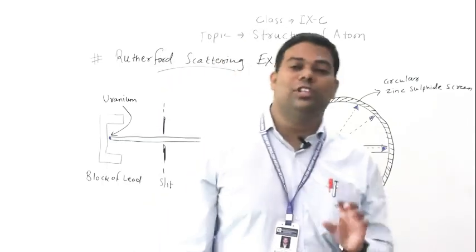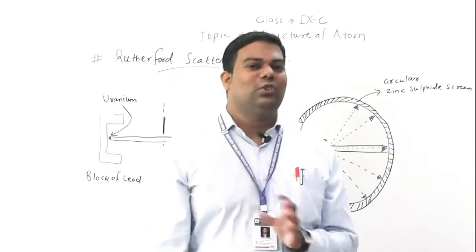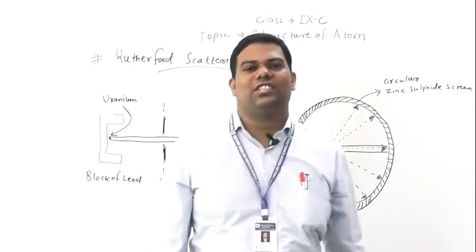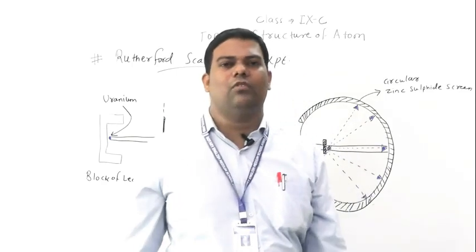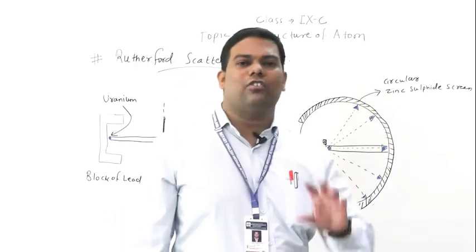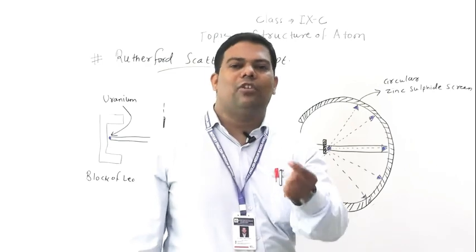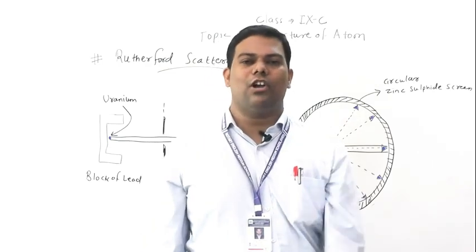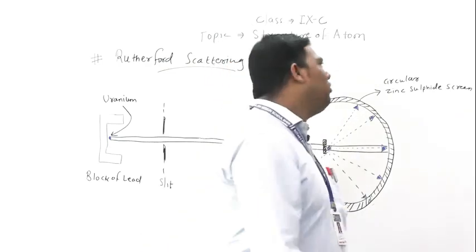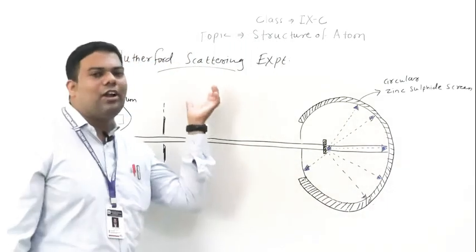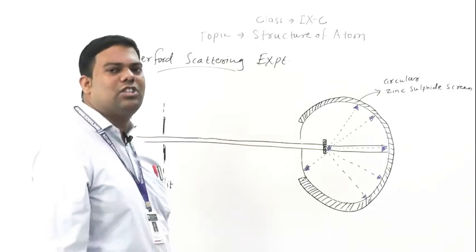Now it's time to see our next part. Then we saw the Thomson model of the atom also. In that, there is a positive sphere, and small negative charges are embedded in it. We took the example of a watermelon: the red pulp is the positively charged sphere, and the black seeds are the negatively charged particles. So now you see the second model, the Rutherford atomic model. Now we are going to start here.